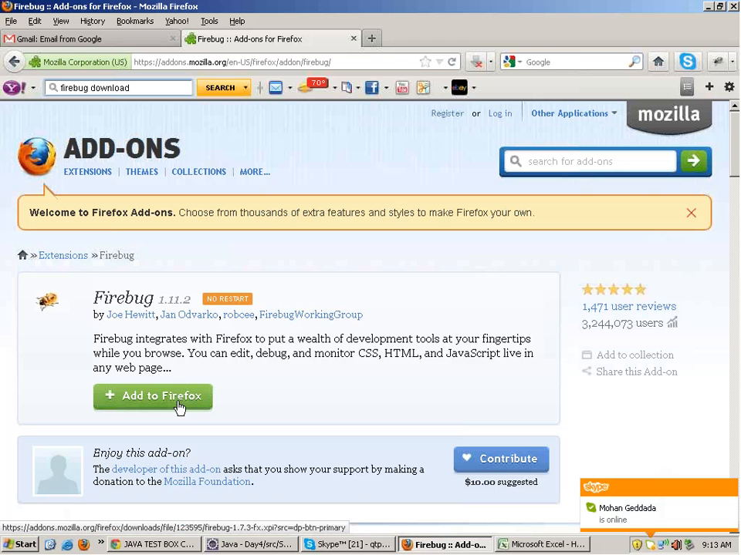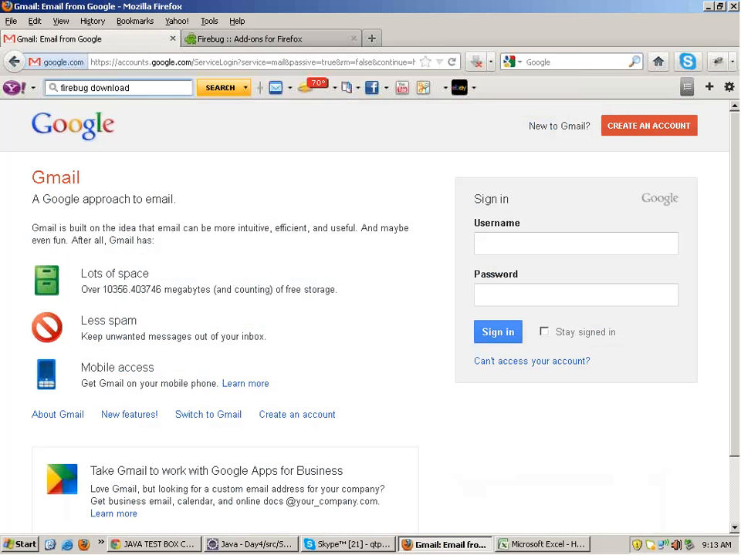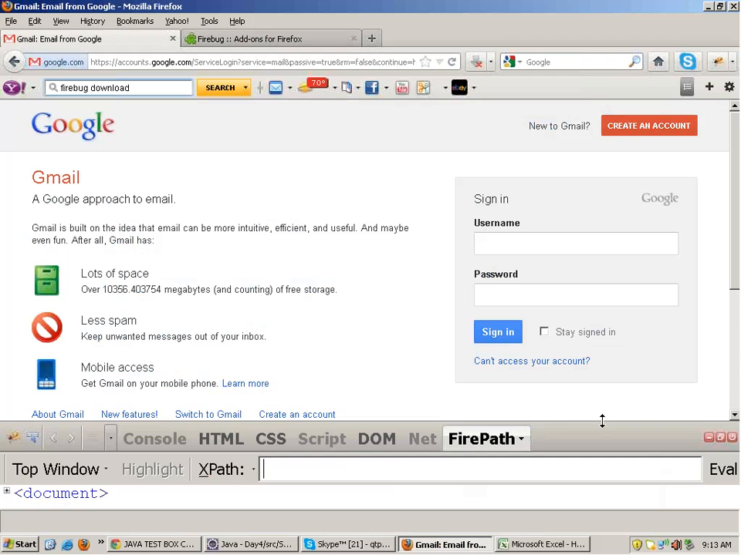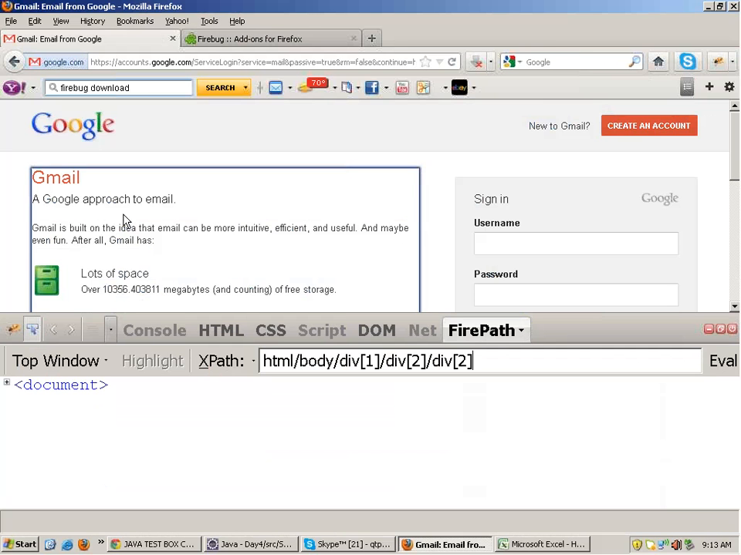Firefox will be restarted, and once it is done, you will get an icon over here in your Firefox. This is the Firebug icon. When you click on this icon, a window like this will appear. In this window, you have to click on this arrow sign out here. If you click on this arrow sign and then move your mouse on the page,